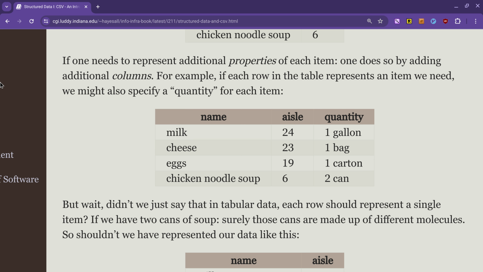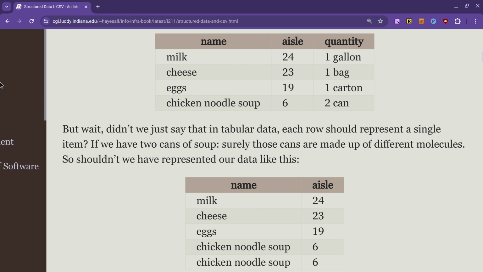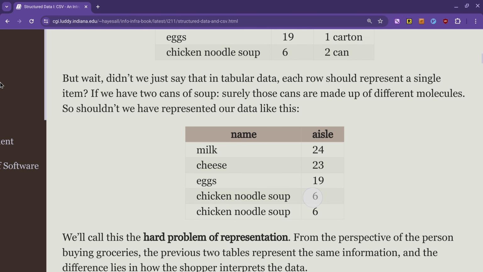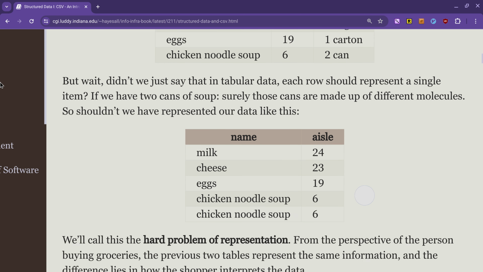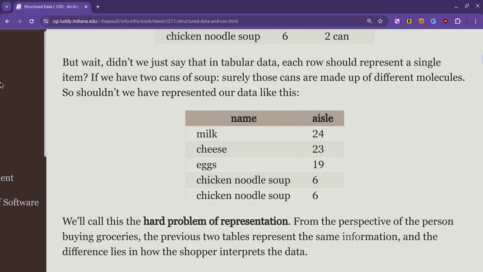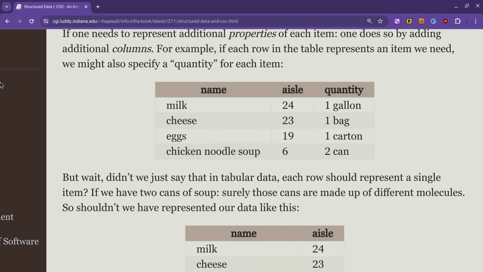But one complexity that you'll run into with tabular data is that tabular data, and really any data in general, doesn't really have a fixed way of representing things. There's conventions, but a lot of the time there aren't really hard and fast rules for these sort of things. So if we were saying a second ago that each row in a tabular data set is one item,